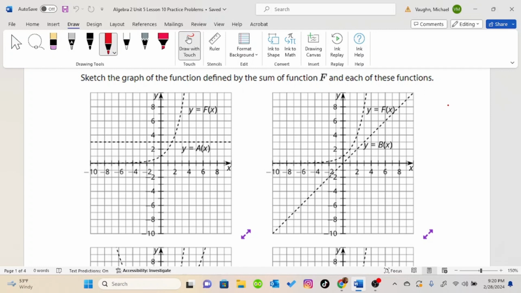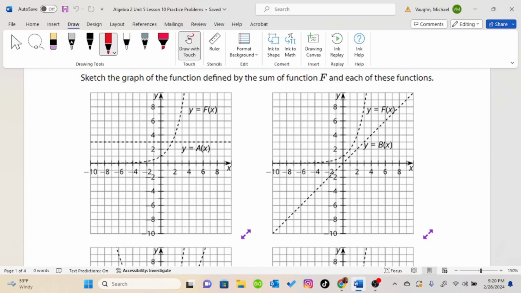Sketch the graph of the function defined by the sum of function f and each of these functions. Remember that the value of a function is the y value at any given input for x. So if we want to add these together, we're going to go to the values of x and add the values of y together. And we want to find points where